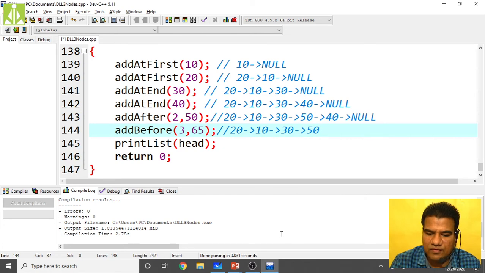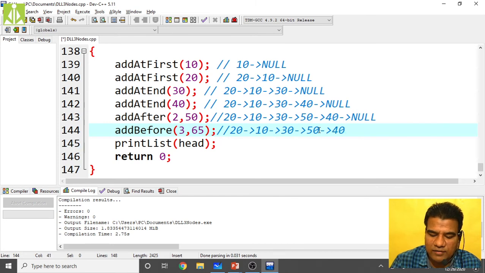We have to add before this 50. The last item we have is 40, then null. So 20, 10, 30, 50, 40 and null. We are saying to add 65 before the third position node. This is my 0th position, first position, second position, third position.